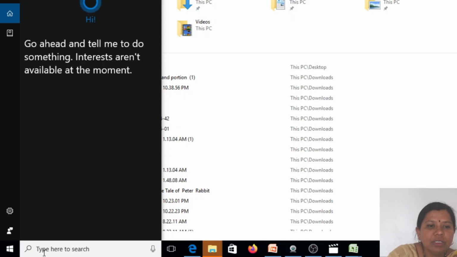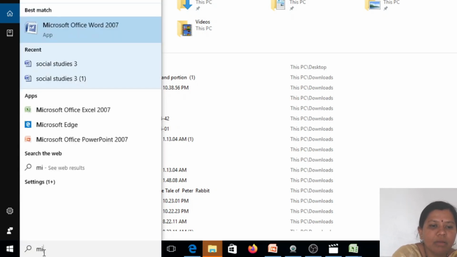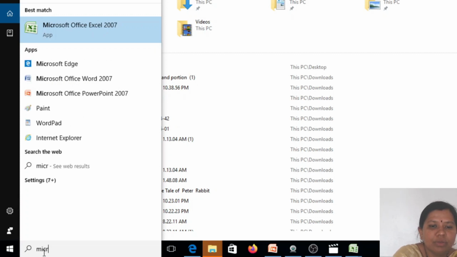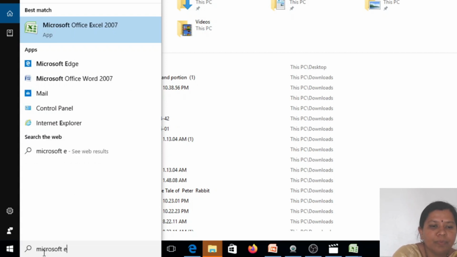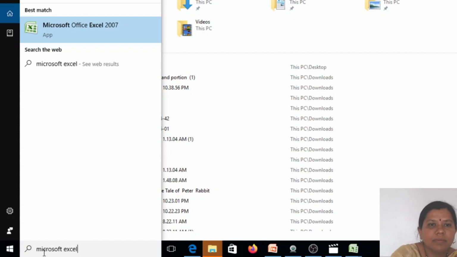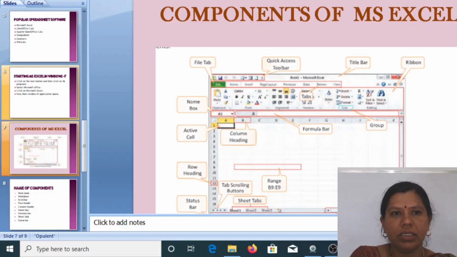Now we want to search Microsoft Excel. So what you have to do, directly in the search box you have to type Microsoft Excel. Okay, now just select the app, and you will get the same workbook. This is the figure of components of Excel.